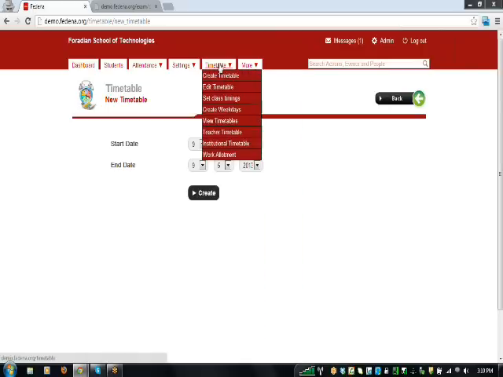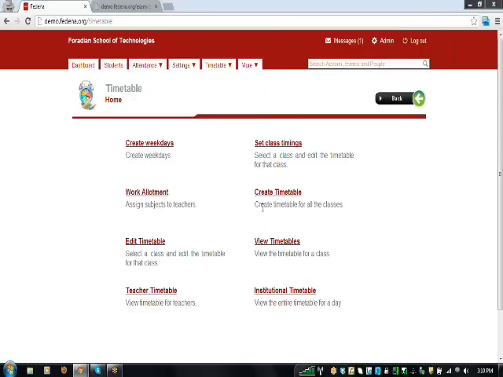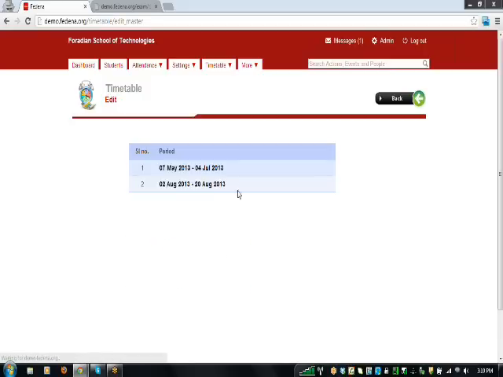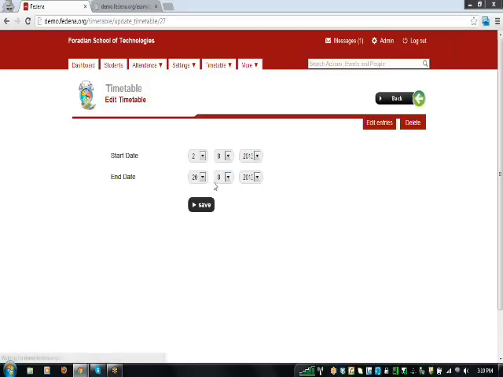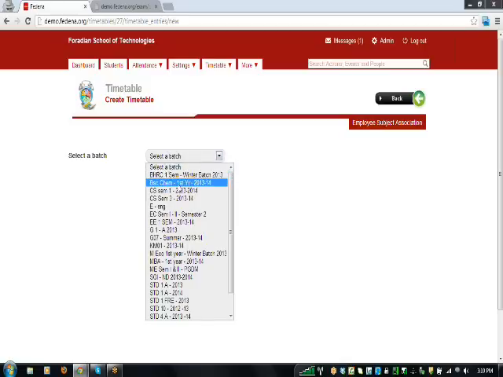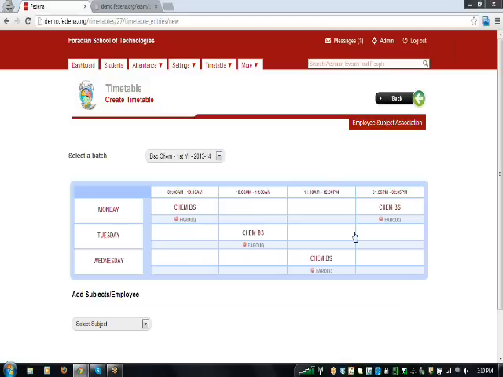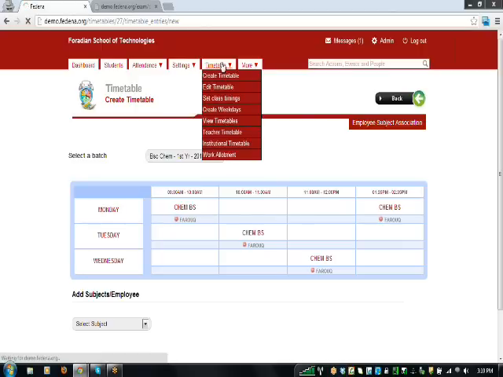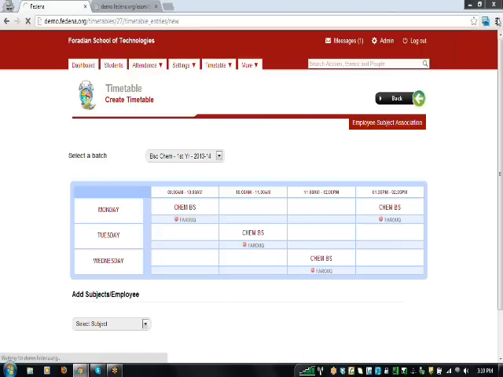Next, in the timetable section, once you have created the timetable, if you want to edit it, you can go for the edit entries option here and select the batch. If you want to remove or add a new class entry, you can do it and edit the same. Or if you want to view the timetable,